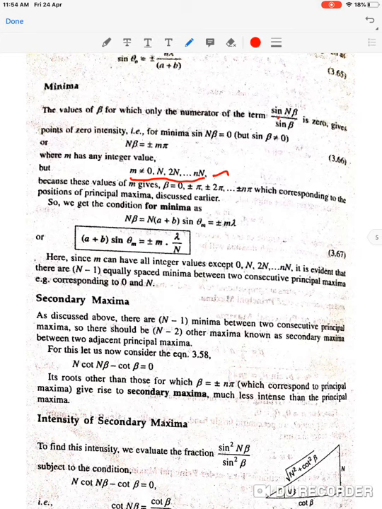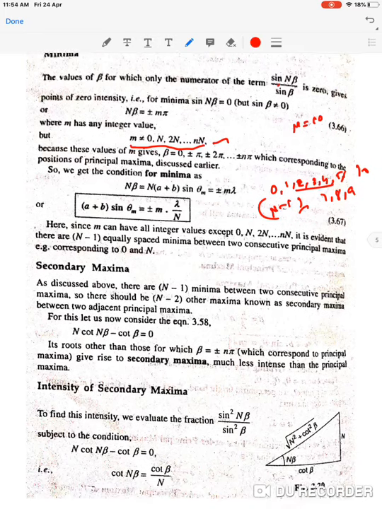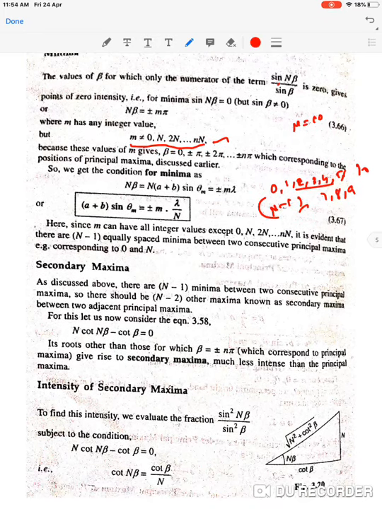So if our n is 10, then between 0 and 10 how many integers do we have? 1, 2, 3, 4, 5, 6, 7, 8, 9, 10. So we have n minus 1 minima points between 0 and n. Then n is not allowed, then from n to 2n, again we have those n minus 1 points. And with respect to these n minus 1 minima points,